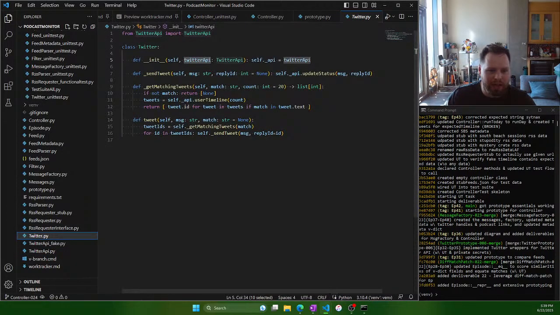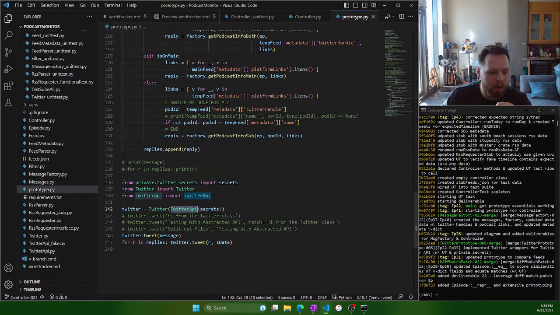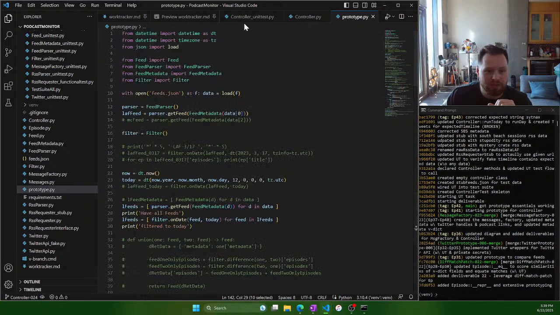And then the Twitter class here only uses this for the type checking. But basically the passed-in API is what is saved, and then that is used, and we call either update status or the user timeline, and we do the functionality in here. So this is the functionality, the other ones are wrappers. So this is basically everything that we want to do here. And so let's start out